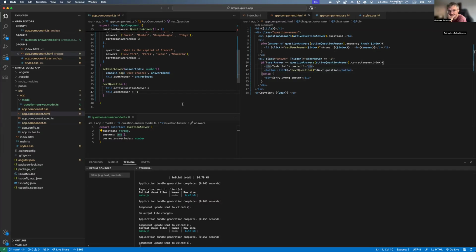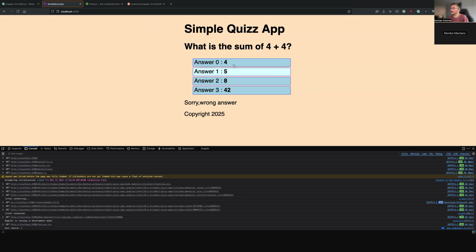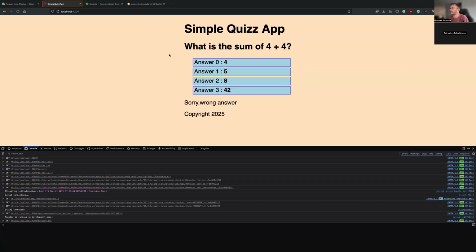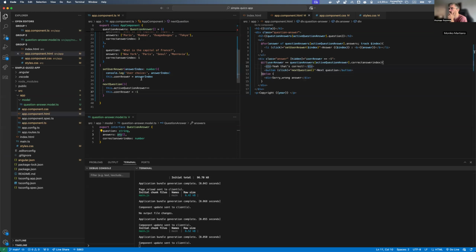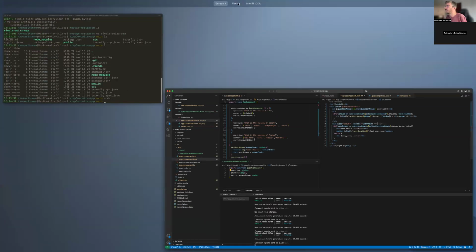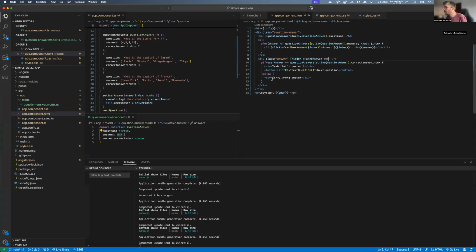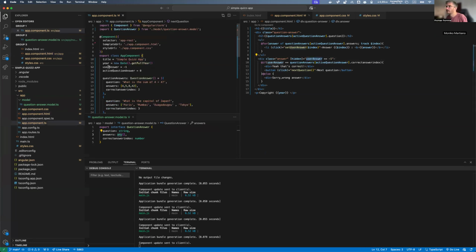Okay, great. So everything works, but you can see we have a problem. So I'm going to refresh my whole page here. All right, let's try. Okay, wrong answer, wrong answer. There's a bug somewhere. It's user answer -1. It should be hidden here. I don't know why, by default. Bug somewhere here. It's really equal to -1. User answer is equal to -1, so it is hidden, it's true.